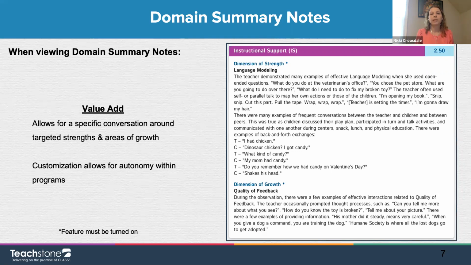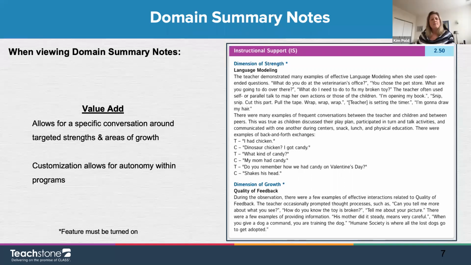So this feature really just helps to provide more structure around the notes and feedback that are provided. So instead of just one big general bucket of observation notes, you can really set these clear structured categories if you want them captured, in this example by domain, so that the information is even more digestible and helpful for the recipient.